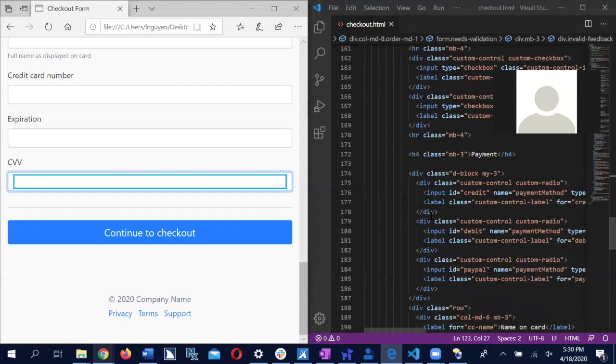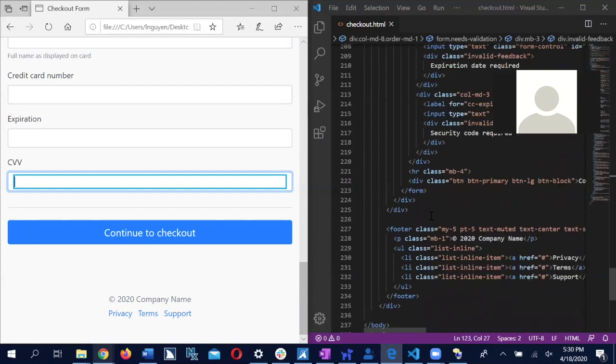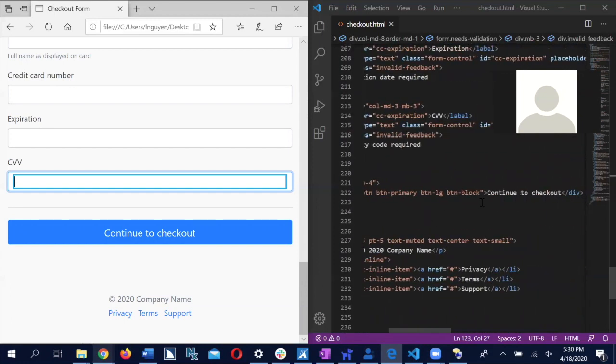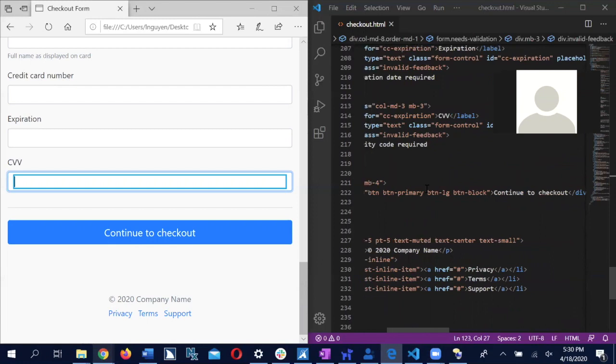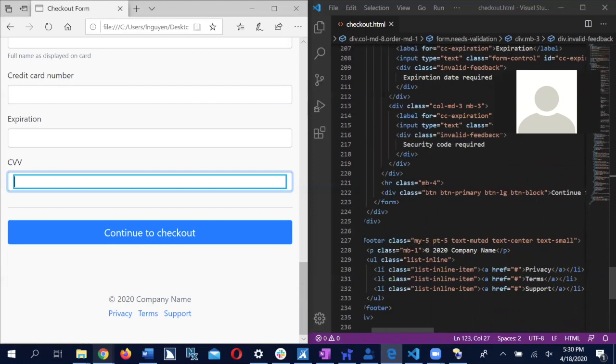And if we take a look at the code, we can see that the continue to checkout button is actually structured as a div. A div by itself does not get keyboard focus,